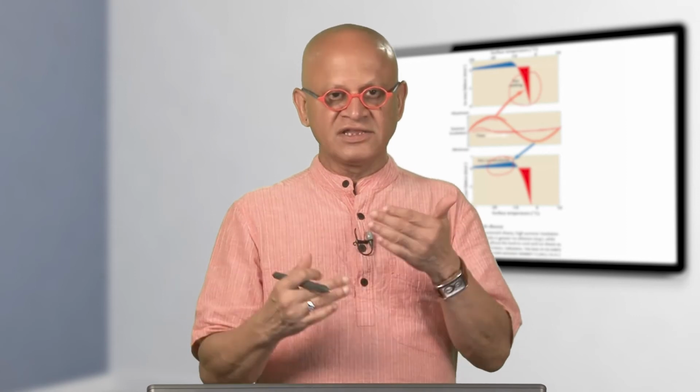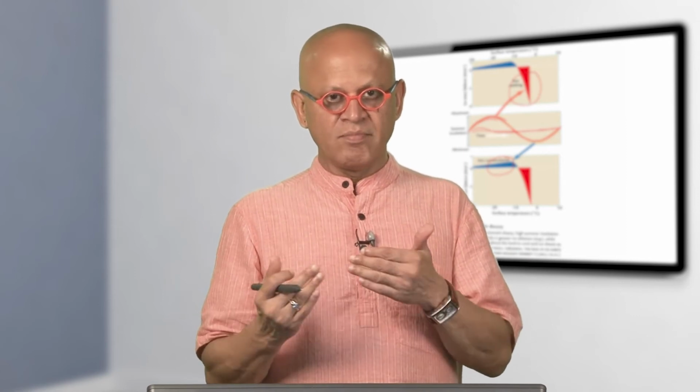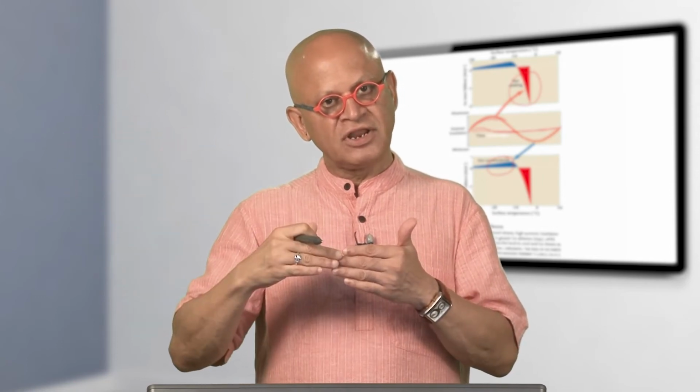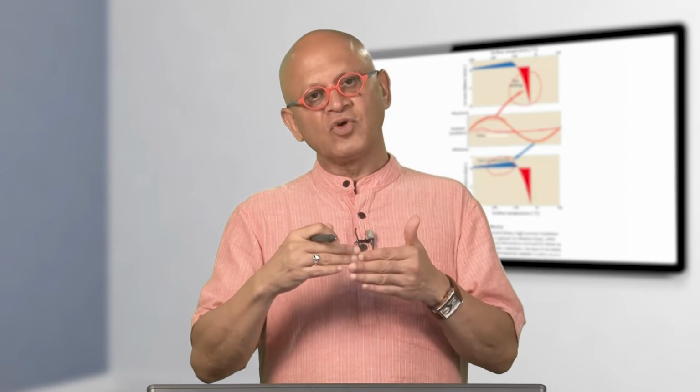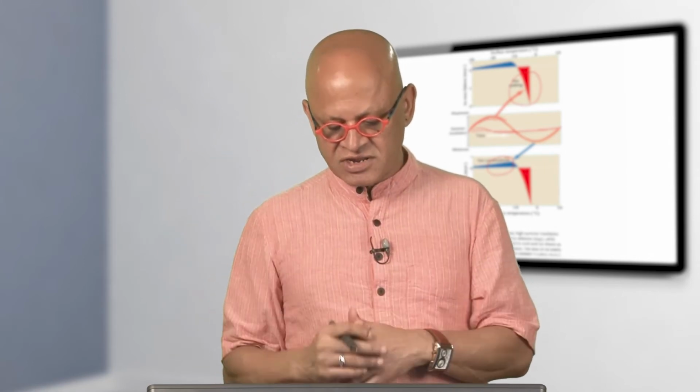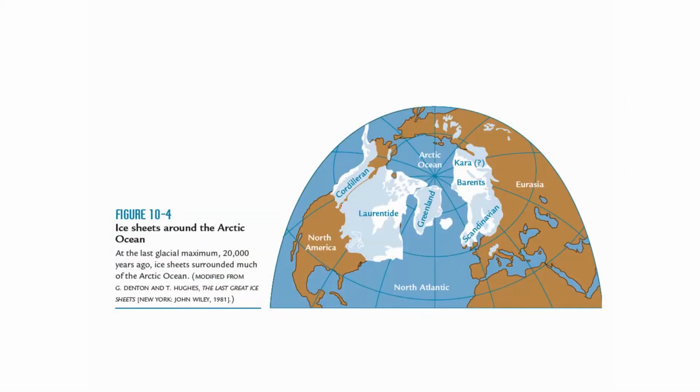So, you have ice albedo feedback happening in both directions, and both are positive in the sense they begin to go in the same direction. Melting glacier will lead to more and more melting, growing glacier will give rise to more and more growth of the glacier. Obviously, there are asymmetries, as we will see again and again, and I have mentioned it already several times. So, at the last glacial maximum, we were in an ice age, which means there was extensive glacial cover